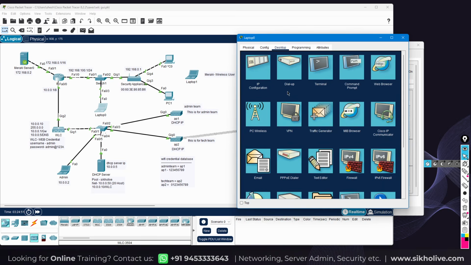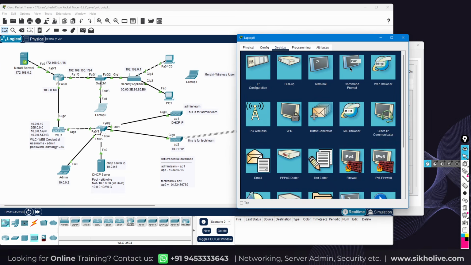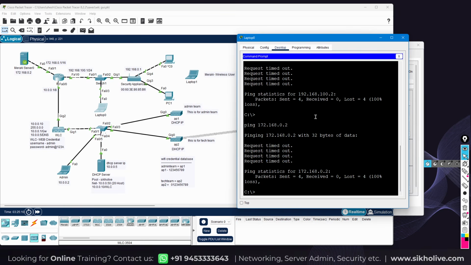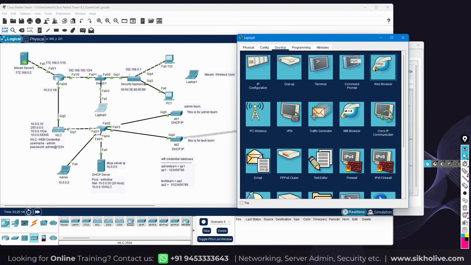Okay, let me check the IP address for this device. So this is the problem. There is no IP address. Okay, so you can assign a manual IP address, or you can use DHCP. Because we have enabled DHCP on this router, and you can see 100.3 and all other details. Now you can check the reply with the Meraki server. Now you have access. Okay, now you can go to the browser